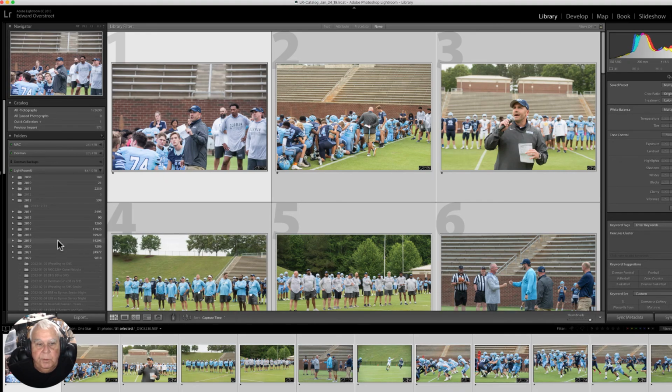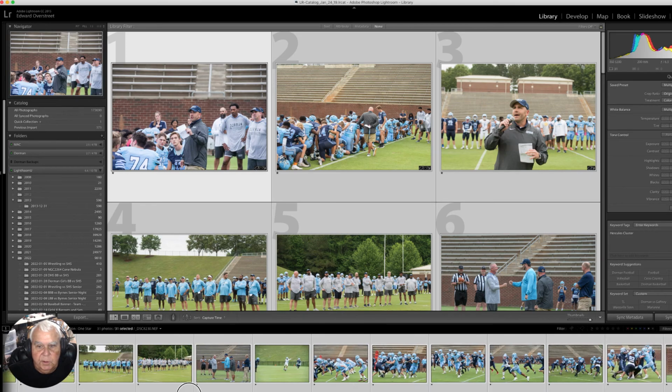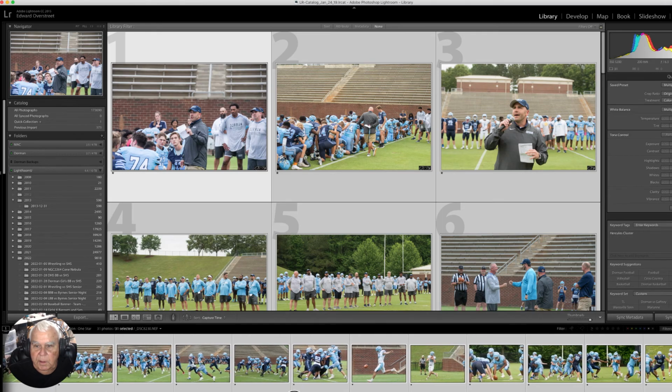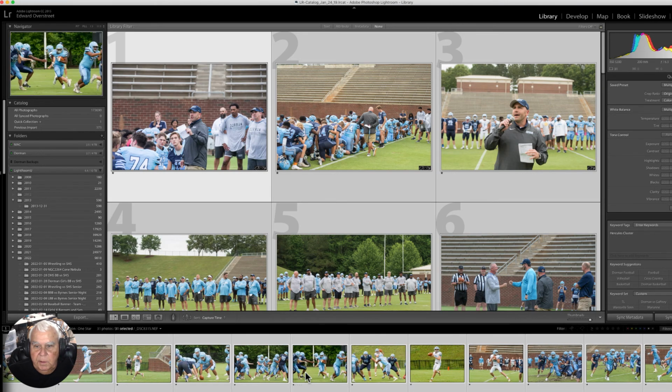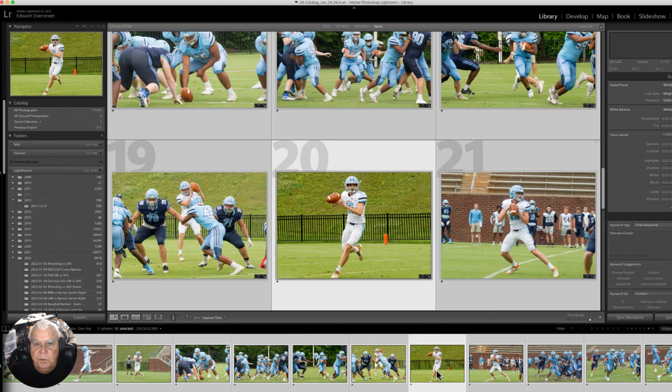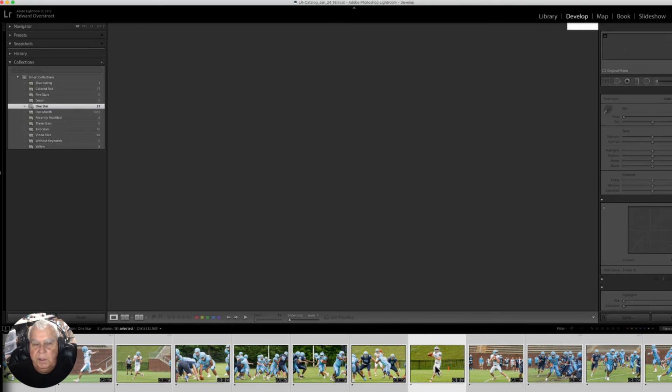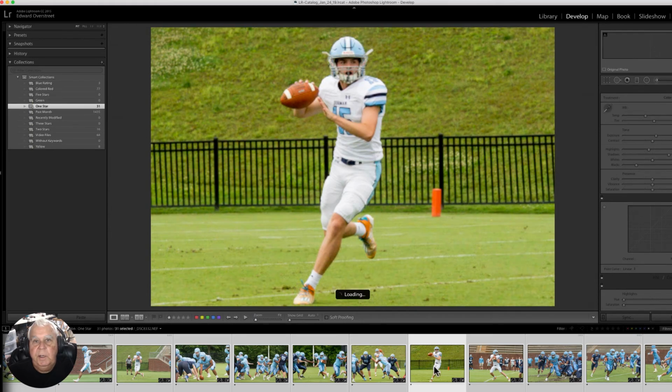So we're in Lightroom, and I'll just stay here. I'm a sports photographer by profession, so let's just go find. Let's take these two pictures right here. Let's keep them in library mode. Oh, don't click on me. All right, let's take this picture right here,